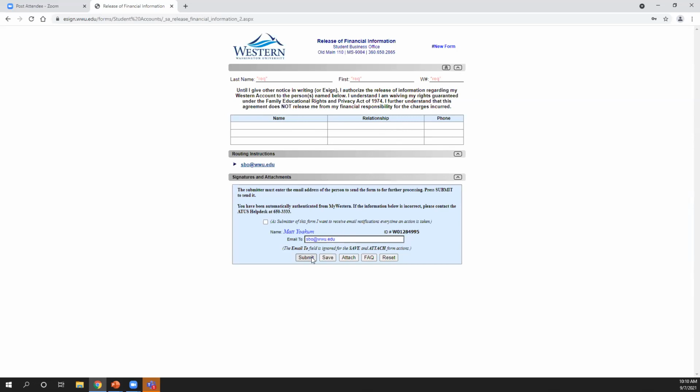And when somebody calls or emails on behalf of the student, we will take a look to make sure that we can talk to that person. And if we can't, we'll let them know that we can't talk to them about the student account. And if we can, then we'll move on and try to help that person calling on behalf of the student as best we can. This probably is one of the most important things,